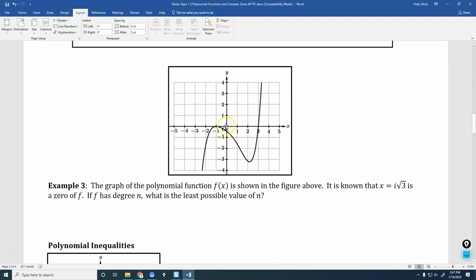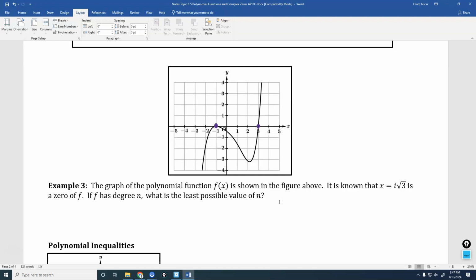So here is a picture that they have given us. They tell us the graph of the polynomial function f of x is shown in the figure above. It is known that x equals i square root of 3 is a 0 of f. If f has degree n, what is the least possible value of n? Okay, so we want to know the least possible value of n. So first of all, we need to look at the zeros that we can see from this graph. So from this graph, I can tell that I've got an x-intercept here and also an